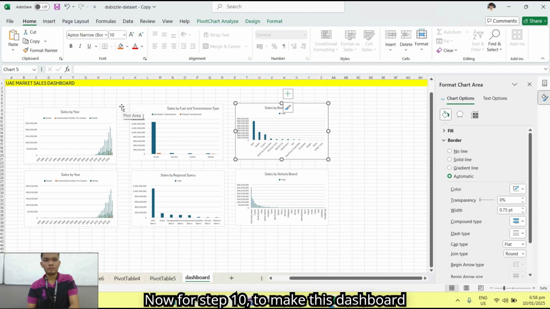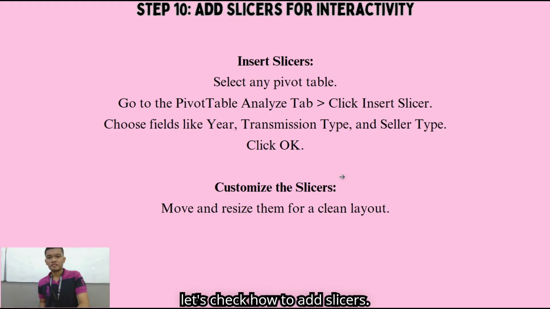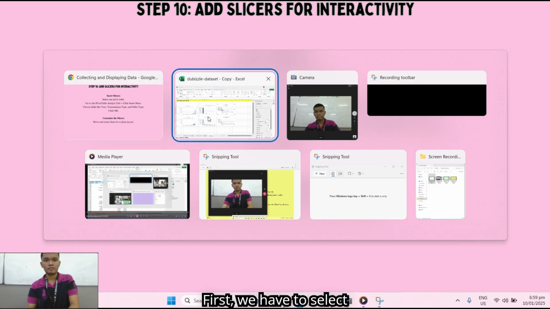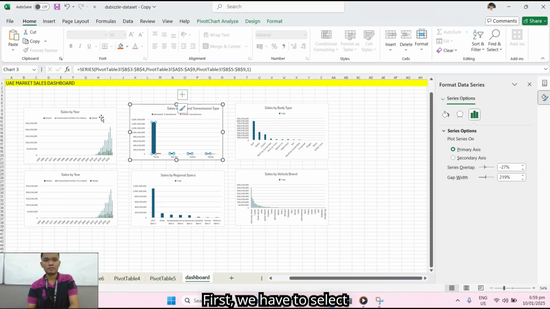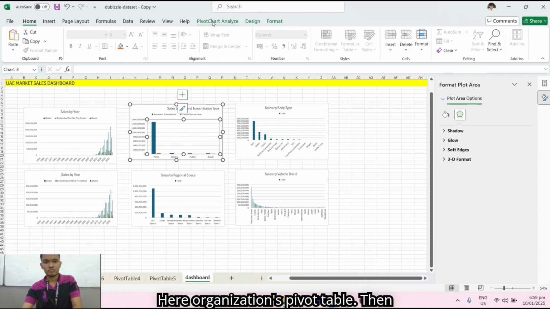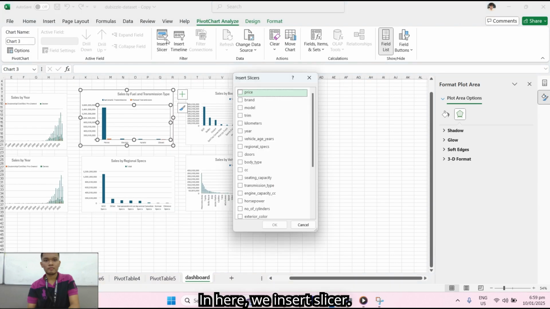Now for step 10, to make this dashboard interactable, we need to add some slicers. Let's check how to add slicers. First, we have to select a pivot table. Here we're going to use this pivot table. Then proceed to pivot chart analyze. In here, we insert slicer.